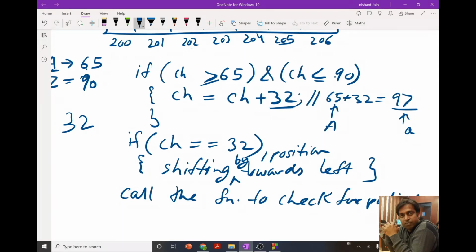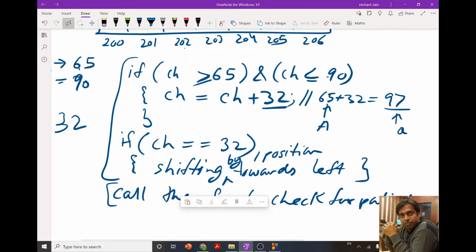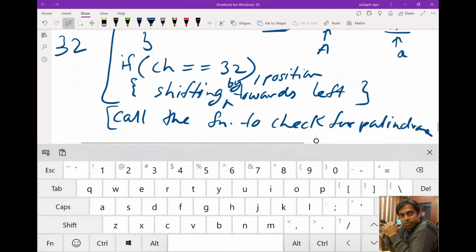So it means that first, with the help of this, we are going to prepare the string entered by the user of the program for our palindrome function.